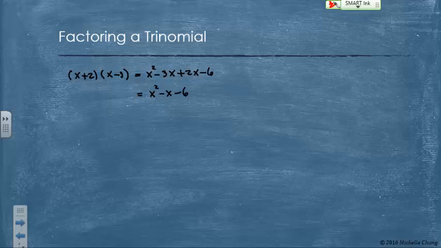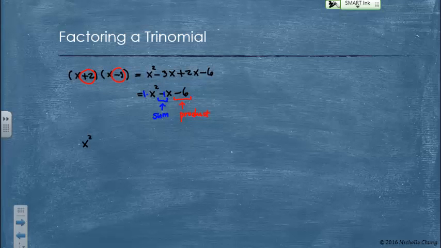If you look at this form, when your coefficient of x squared is 1, then look at those two numbers. If you multiply those two numbers, you will have negative 6. So this is the product of 2 and negative 3. And also, if you add positive 2 and negative 3, you will get negative 1. Which means the number in front of your x, the coefficient of x, is the sum of those two numbers. So the opposite way, let's assume we want to factor x squared minus x minus 6.